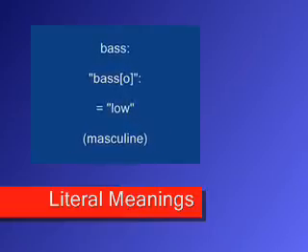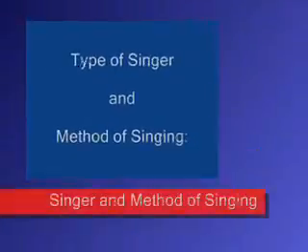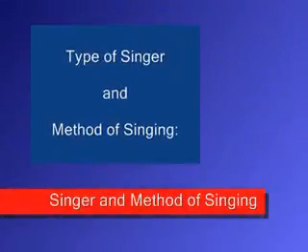Let's skip down to the word bass. The English word bass, B-A-S-S, comes from the Italian word basso, B-A-S-S-O. Basso is an Italian word that means low. It ends in an O, and it is therefore masculine, and in fact it accords perfectly with what our notion of a bass normally is, a low masculine voice. We shall consider the word tenor presently, but before we do so, let's consider the type of singer and the method of singing that is used for these three voice types that we have already examined.